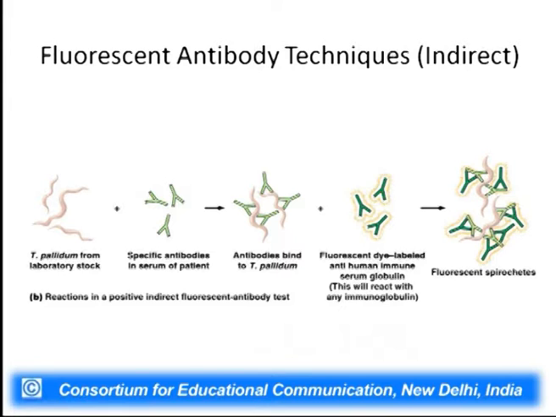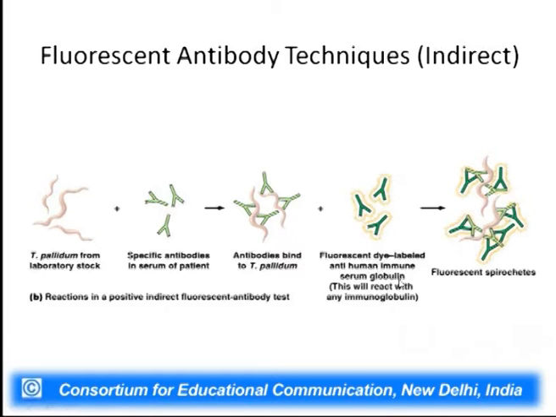There are also fluorescently labeled antibody techniques which are indirect. That means here again you take the T. palladium from the laboratory. You have specific antibodies in the serum of the patient. You interact this. You do not give this to the patient. All this is being done as a pathological test outside. So what you have done is only collected the blood of the patient. Then you again incubate it with the fluorescent dye. You label it with the anti-human immune serum globulin,